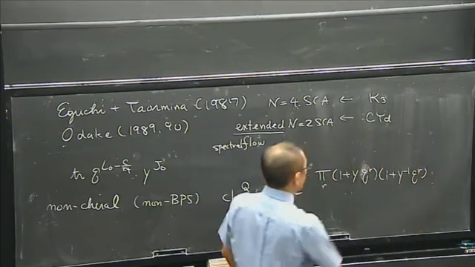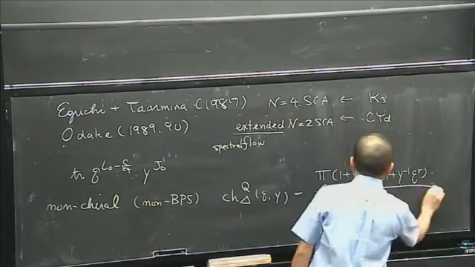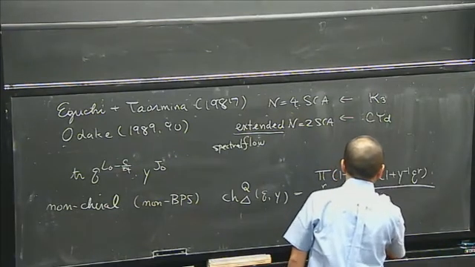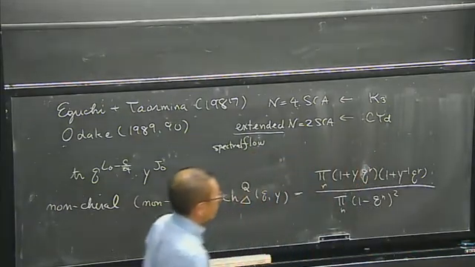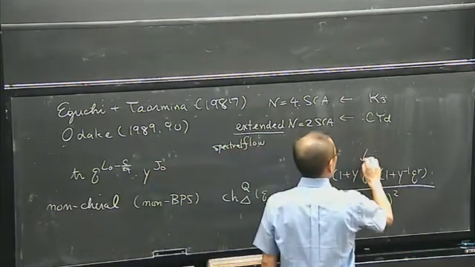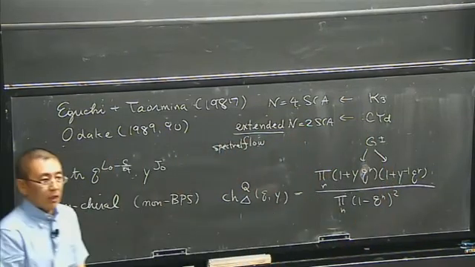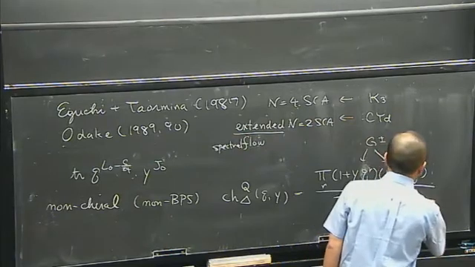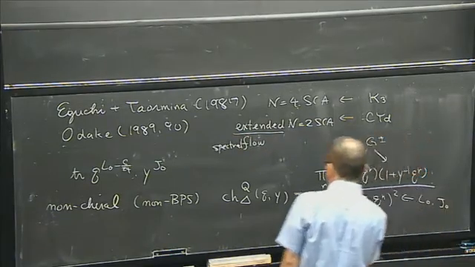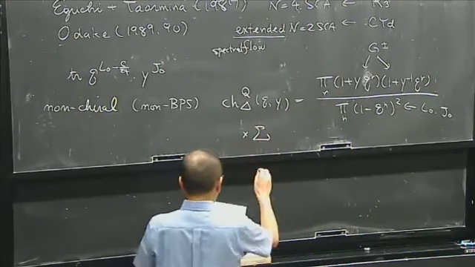Depending on NS or R, you have integer or integer plus half. And then you have a bosonic oscillator. So those basically come from the N=2 descendants of N=2 generators, and this is from Virasoro generators. And then in addition, there is a sum over